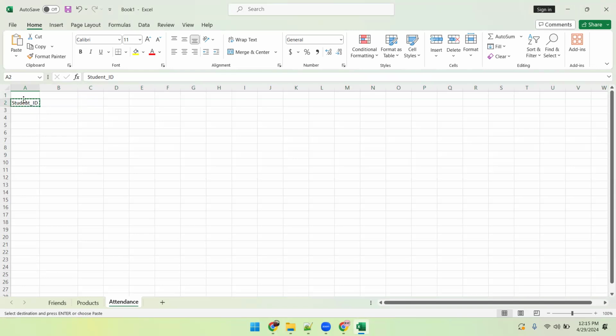So student ID always starts with STU underscore, STU underscore 001. Then comes the date here. For example, what is the date today? Today it is April 29. This is the date, and this is the student ID. So exactly the same way I'll go with